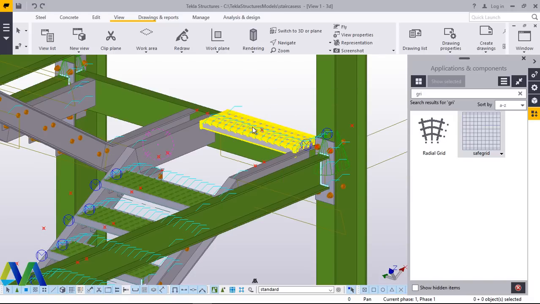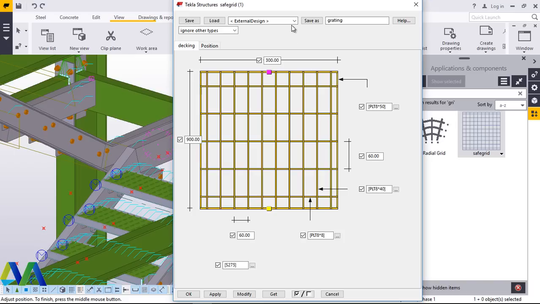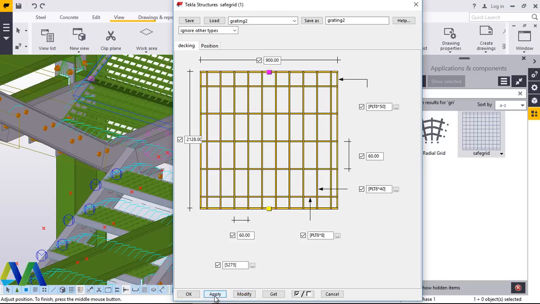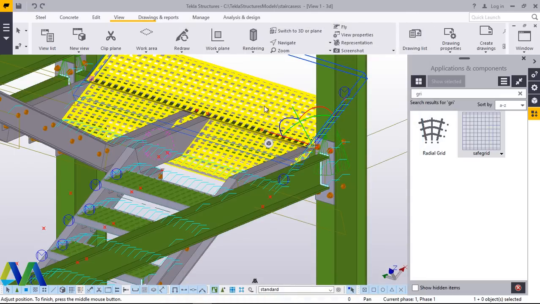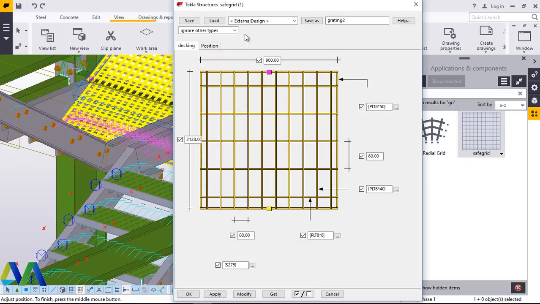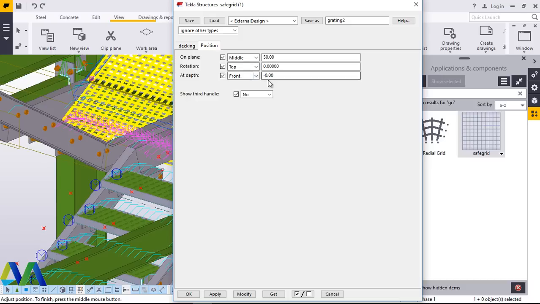Interrupt that, double click again, we'll pick our customized grating and load that. We'll modify that and click apply, apply and accept. Double click on that, come to position, 0,